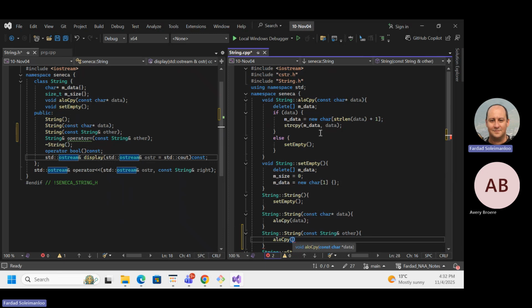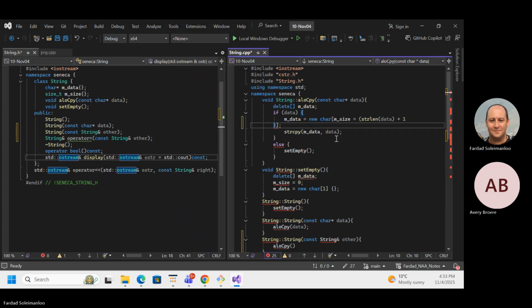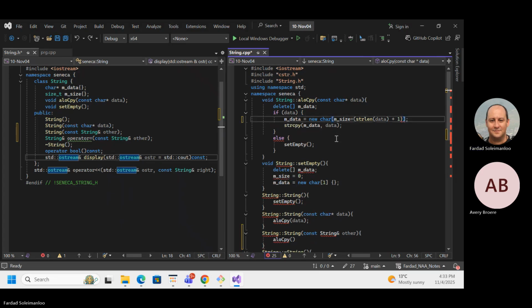I copied over here, but I forgot to set the size. So what I needed to do over here is to say M size is set to that. That's better.